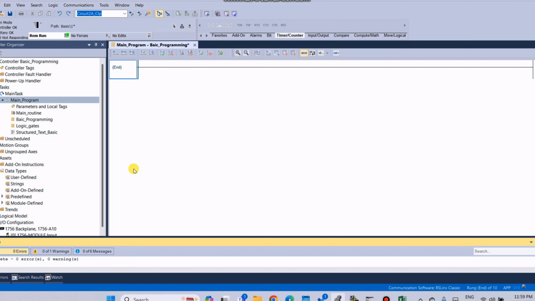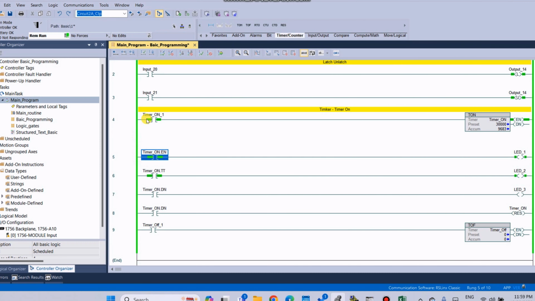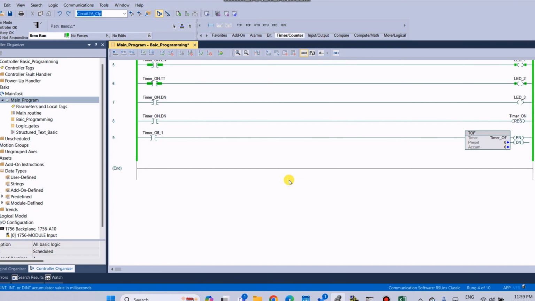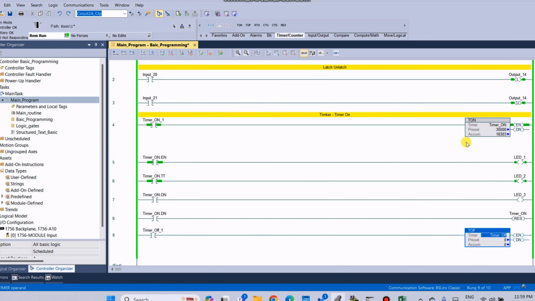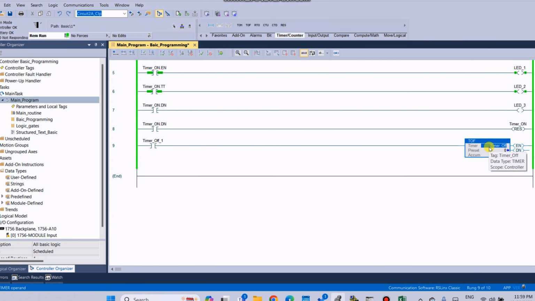In timer on, when the timer is on, it starts counting to the preset value, but timer off is totally different from timer on. When the timer on bit is on, then the preset value.